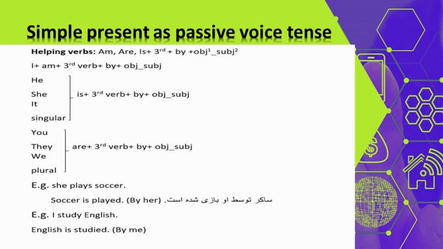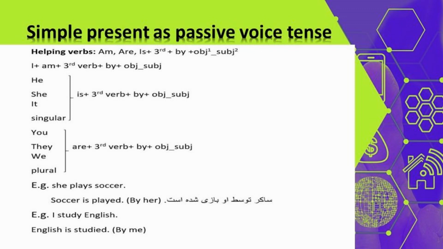After that, we have simple present as passive voice tense, and the rules and regulations that we have studied will be implemented over here. Helping verbs of simple present tense in passive voice are am, are, is. According to rules, we have to use the third form of the verb, then by, after by plus object or subject. And the structure that we have is I plus am plus third form of the verb plus by plus object or subject. And with he, she, it, singular, I mean a name,